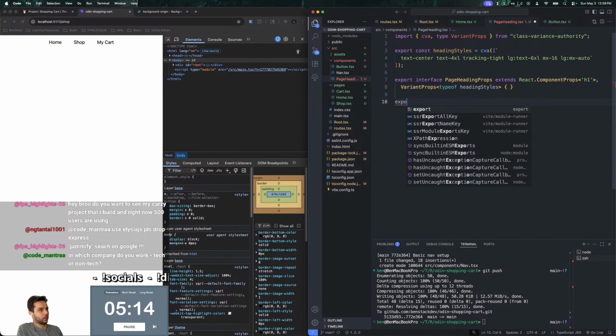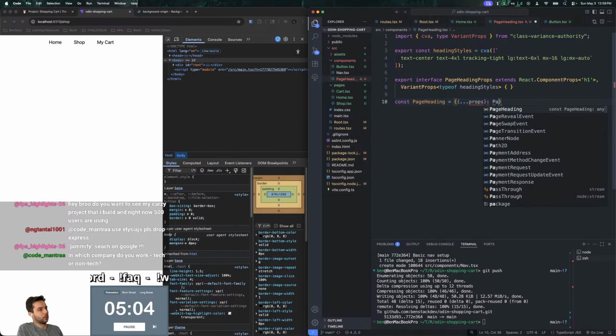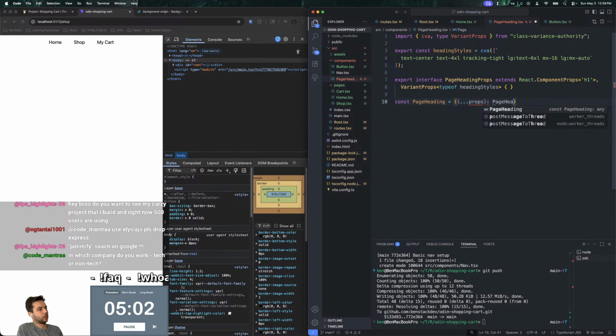And then export, or actually it'll be const PageHeading, props, PageHeadingProps, and then return